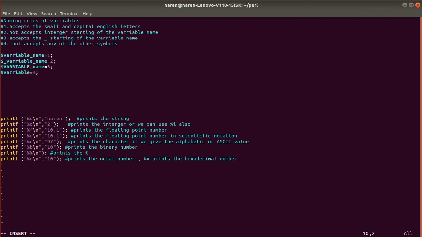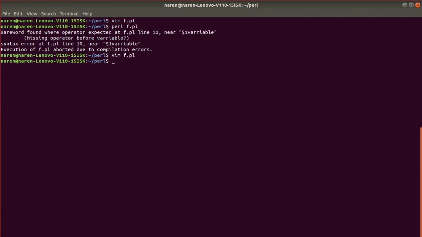So let me remove this one. So let me compile this again, and so here now we are not seeing the syntax error, right? So what the problem is,